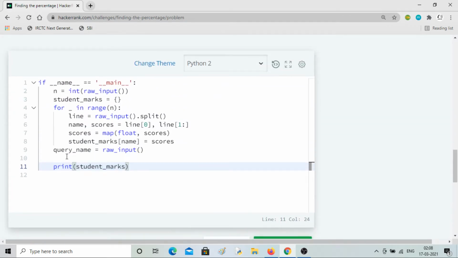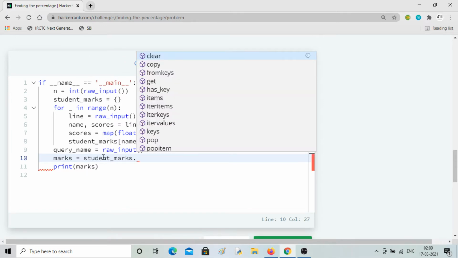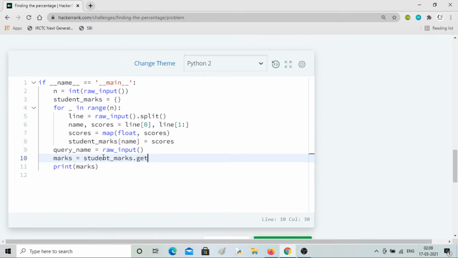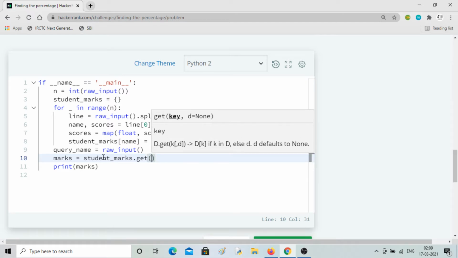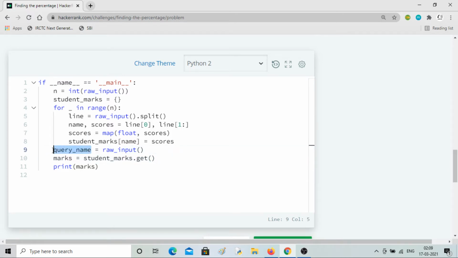So what I'll do is I'll save it somewhere, I'll call it marks. Okay, and I'll show you how marks will look. So I'll take this dictionary, student_marks.get, an attribute where you can put the query name directly, so it will fetch the data of the query name.